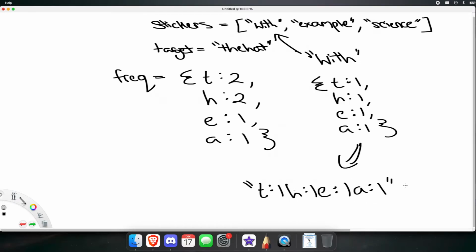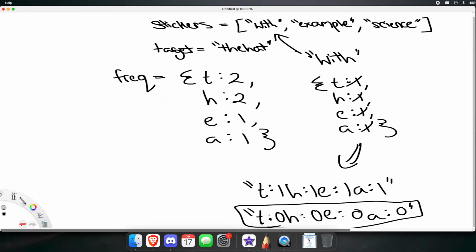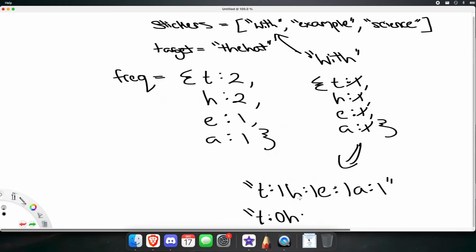The reason why we don't want spaces is because if we have this hash, then we can easily test whether all of these values are 0 by just checking if our hashed string right here is empty. The reason we're checking if it's empty: if you guys are asking whether we can have something like this, where T is 0, and H is 0, and E is 0, and A is 0, the answer will be no. The reason the answer is no